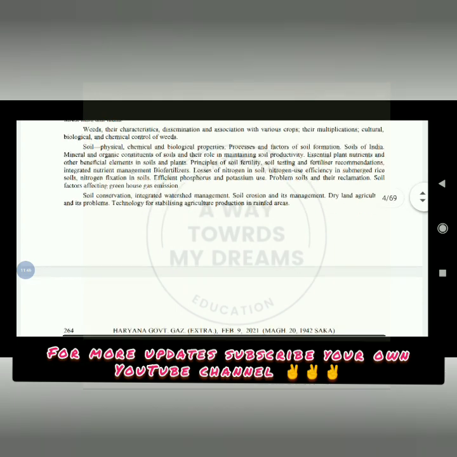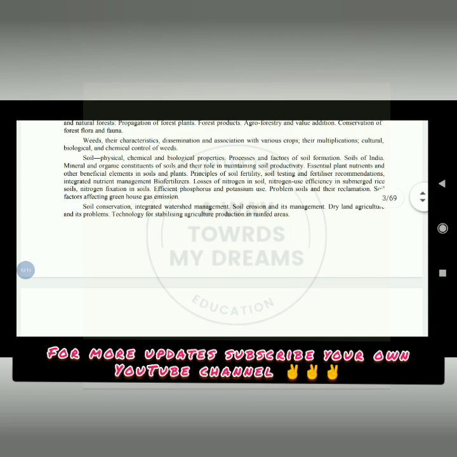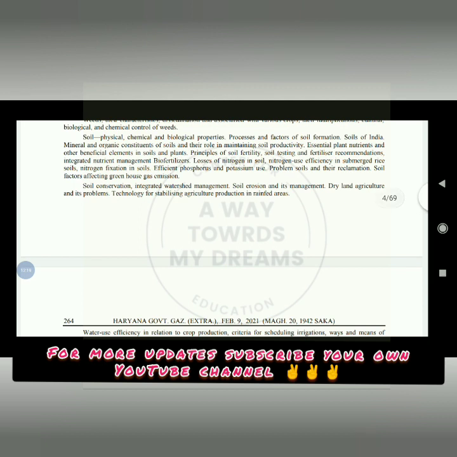Principles of soil fertility, soil testing and fertilizer recommendations. Integrated nutrient management, biofertilizers. Losses of nitrogen in soil, nitrogen use efficiency in submerged rice soils, nitrogen fixation in soils, efficient phosphorus and potassium use, problem soils and their reclamation, soil factors affecting greenhouse gas emission, soil conservation, integrated watershed